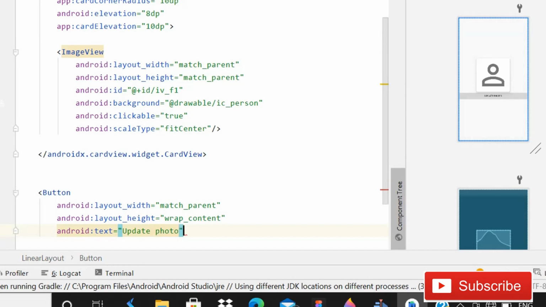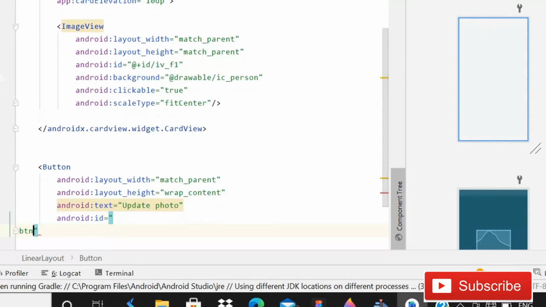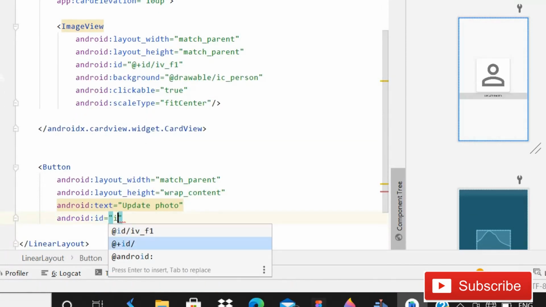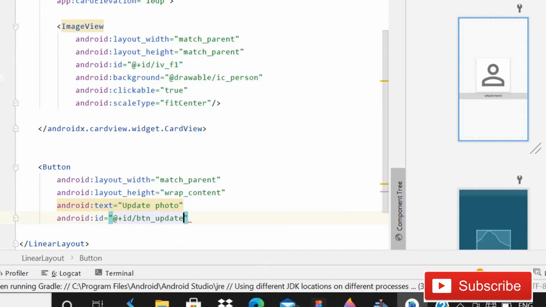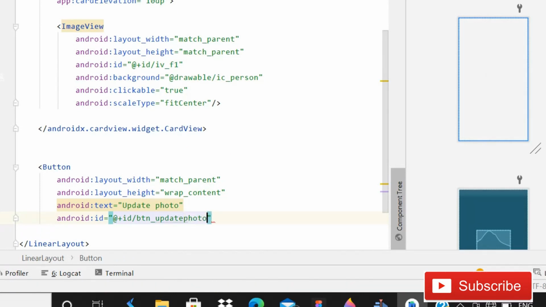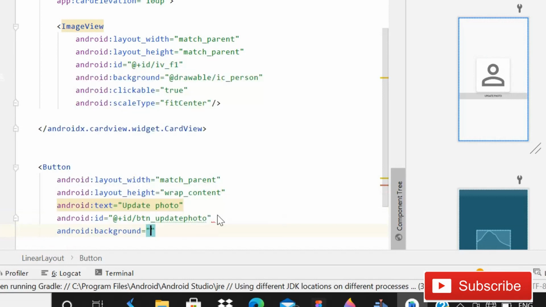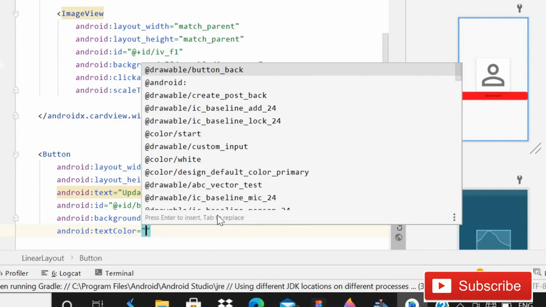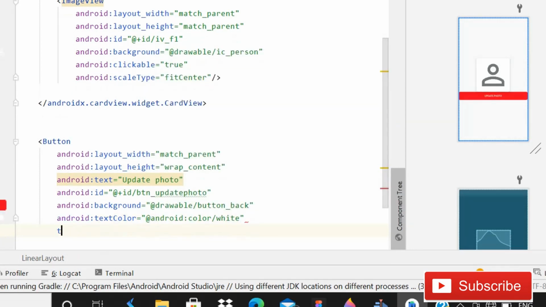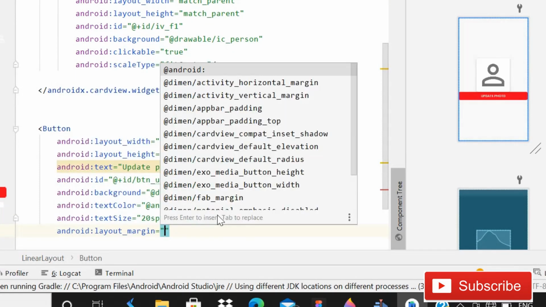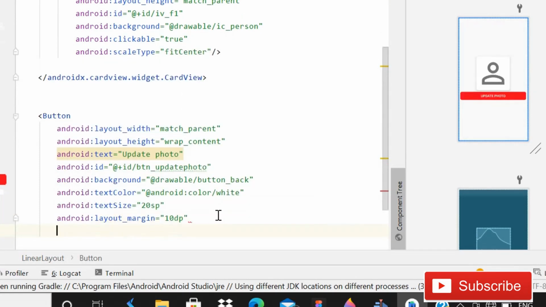photo, and then id btn update photo, understand? Then background button back, text color android white, and text size 20 sp, and margin 10 dp, and then